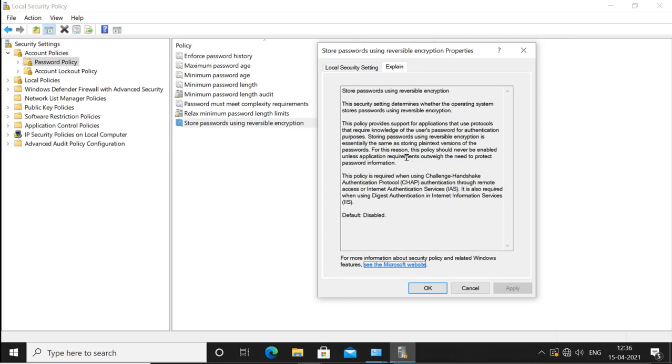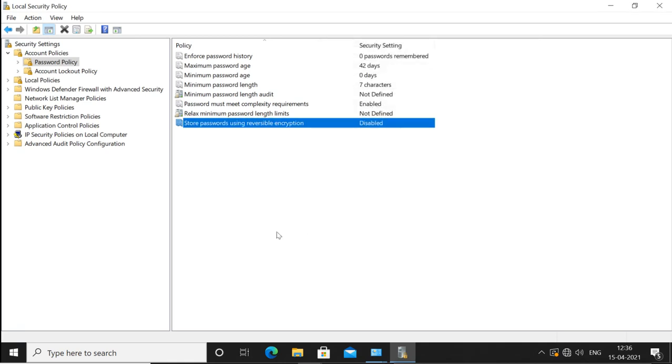Keep the password in unencrypted format, that means, remember, your passwords are stored in the system. That is why when you give a password, it is matching the password which you give with the password stored in the system. So every user's password and user information are stored in the system, and you cannot see that information because it is encrypted. And any hacker who tries to see that information cannot see it because it is encrypted.